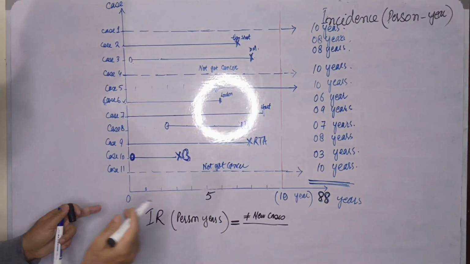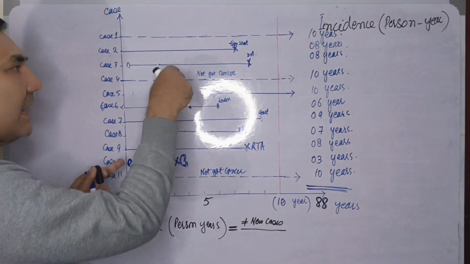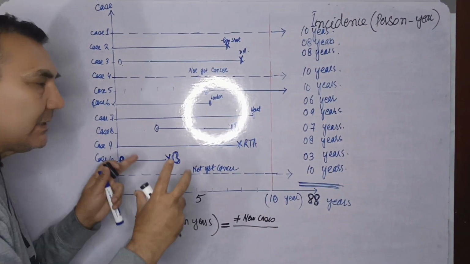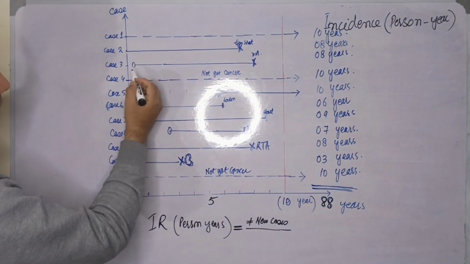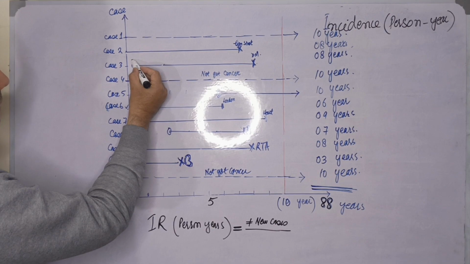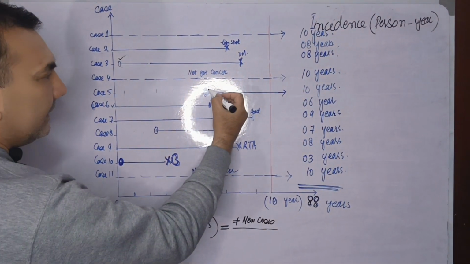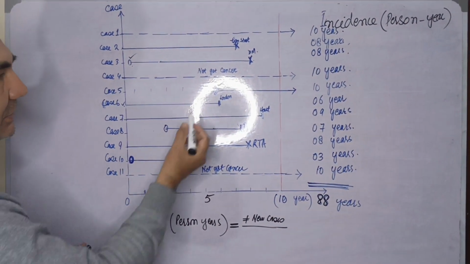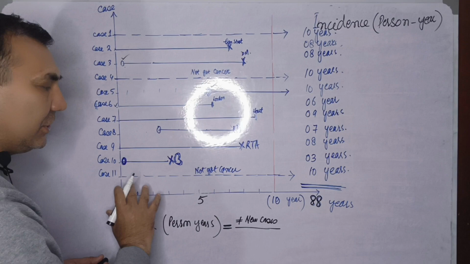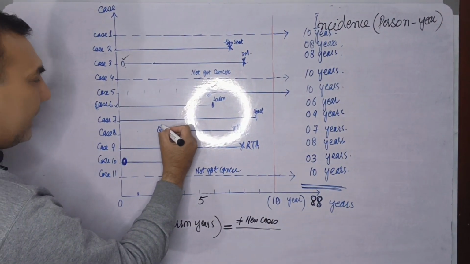So during this 10 years time frame, how many new cases have occurred in this 10 years time period? So we have case number 2 or case number 3, which is onset in the first year, and case number 5, which is the onset in the 6th year of the study duration, and then case number 8,